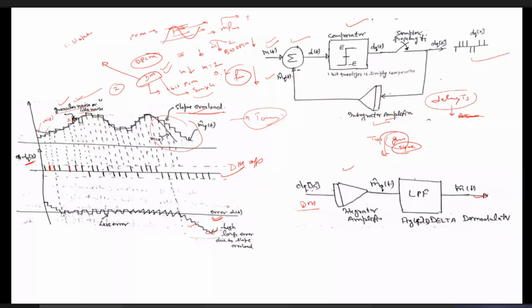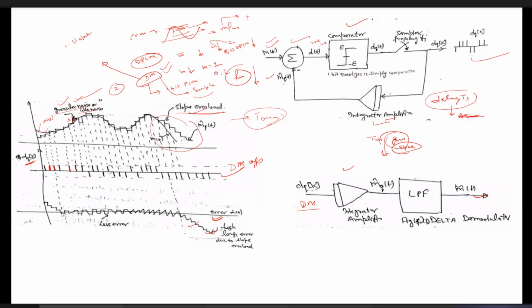You can see this one is the message signal. This accumulator is nothing but simply the predictor. It will predict the value of the message signal, that is, it will give you the staircase type of function with respect to this message signal. The comparator, or summer, simply takes the difference between the message signal m(t) and the predicted staircase signal. This error may then be passed on, depending on whether m(t) is greater than the staircase signal.